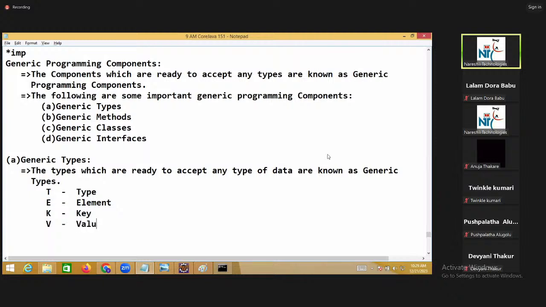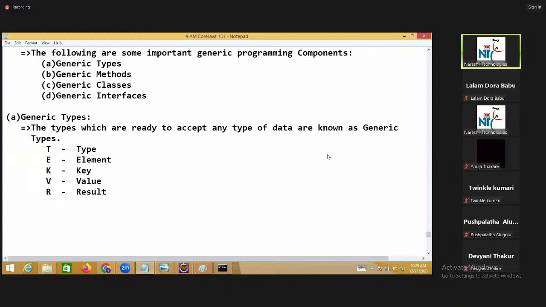And R will be there, you can say result. So these are the popular generic types from your library. The library will provide generic programming components. You can take them and fill them with any type of data. That only your collection framework says.